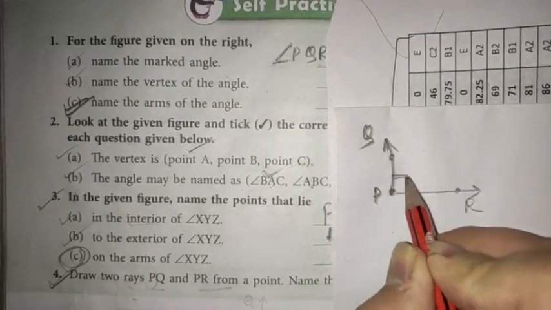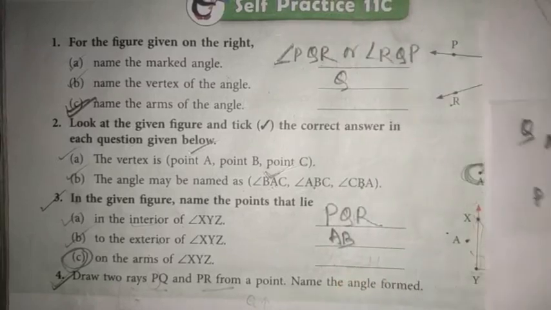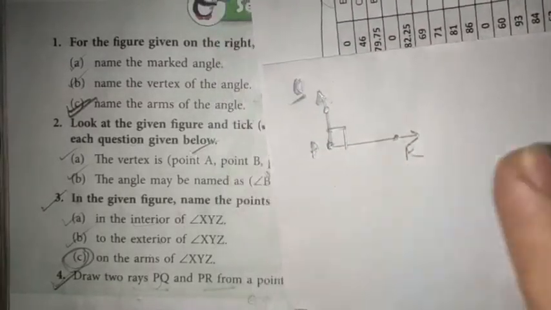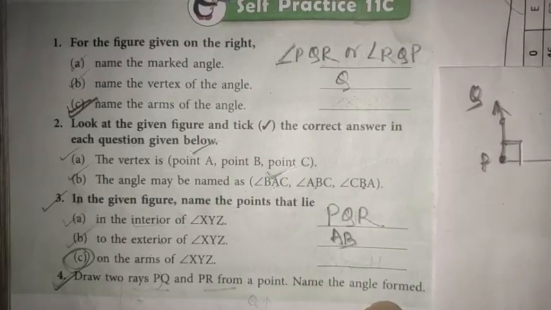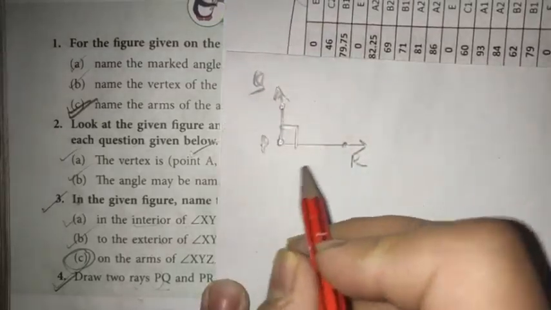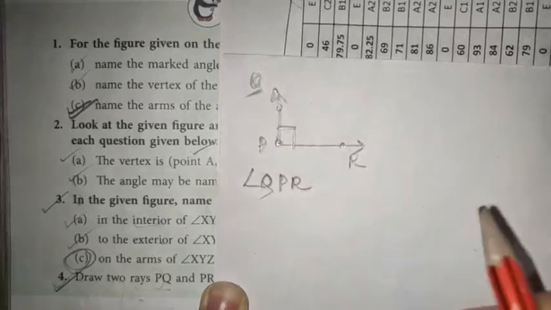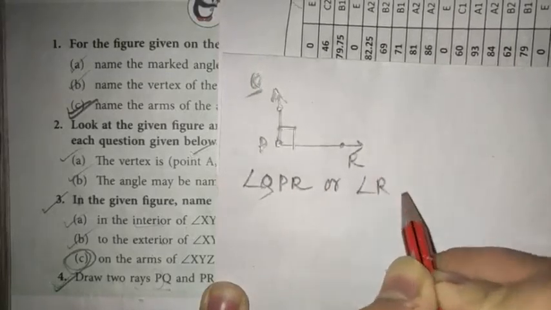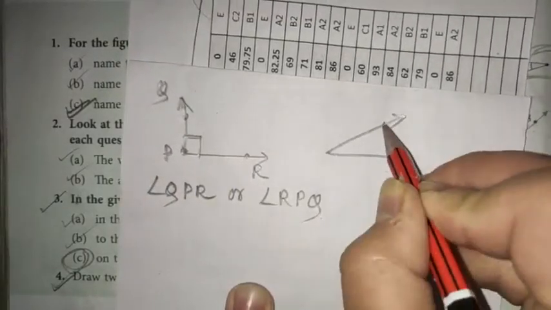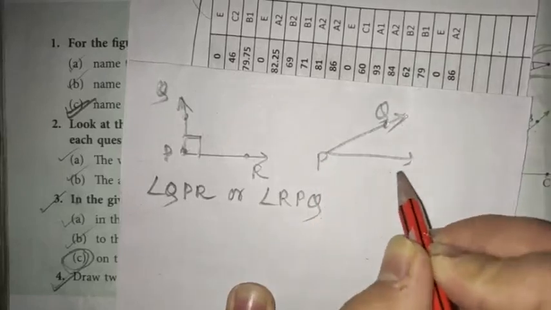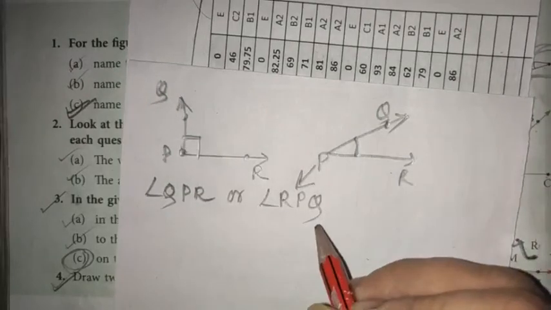And if you are making such an angle, then this will be considered a right angle, right? So what is the angle formed here? You don't have to mention which type of angle is formed here. Just give the name of the angle, that is QPR or angle RPQ. If you draw it, suppose like this, QPR, which is less than 90 degrees, an acute angle, even then the name of the angle will be the same.